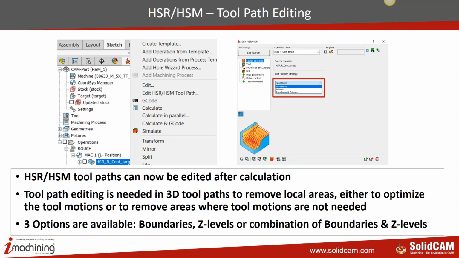Okay, this has been on demand for a long time, and we finally the subject of toolpath editing is pretty critical, and there are differentiating views on whether we should have editing,